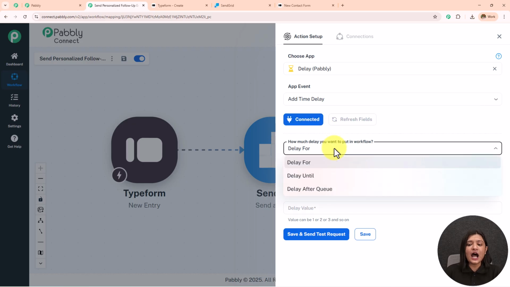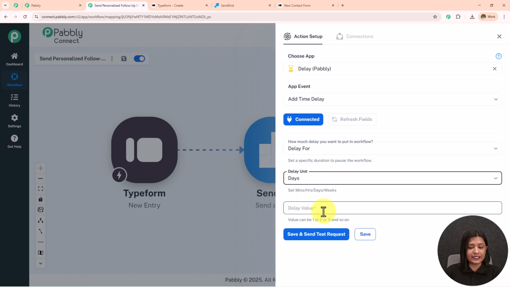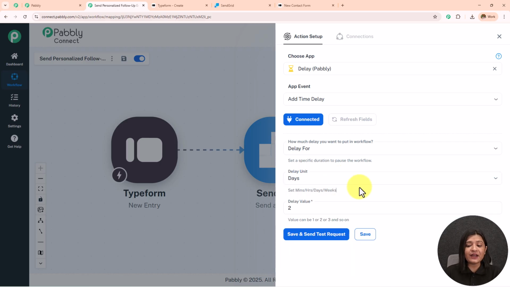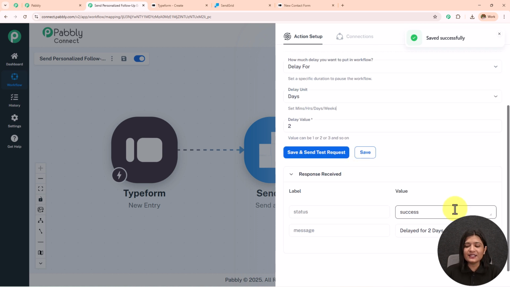How much delay do you want to put? I want to delay this for days, and I'm going to add the delay value as 2, and then I'm going to click on save and send test request. So here it has been successfully delayed for 2 days, and now after 2 days I'm going to send the